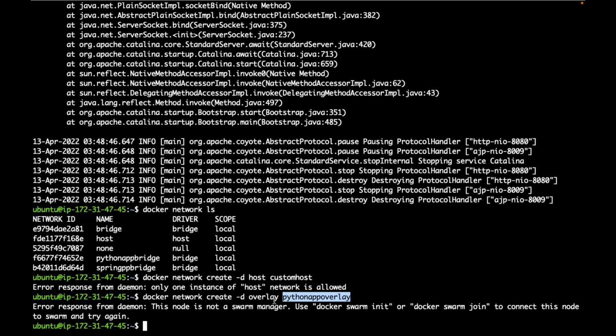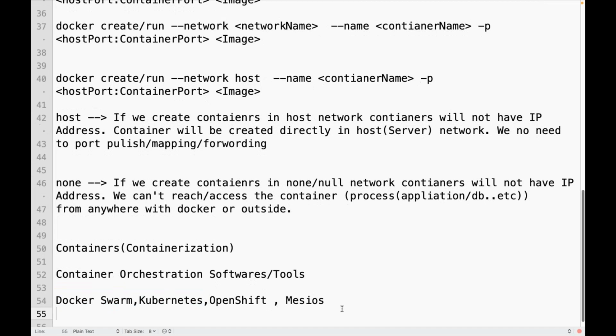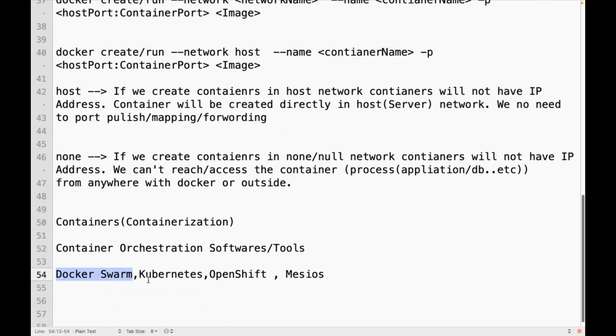Yes. So this is all about networking in Docker. Similarly, if I am using Kubernetes instead of Docker Swarm as a container orchestration, do I have some kind of network plugins? CNI,